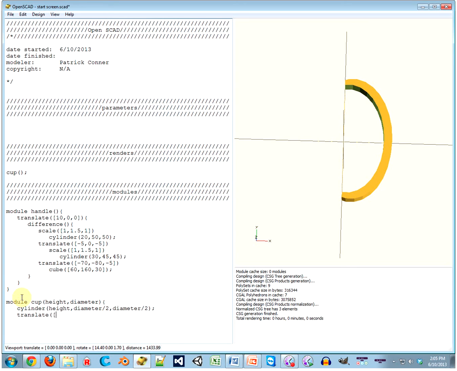So let's see. We're going to have to translate this up. Nothing on the Y, 5 on the Z. And that should be plenty. And then another cylinder. That should also be height by diameter